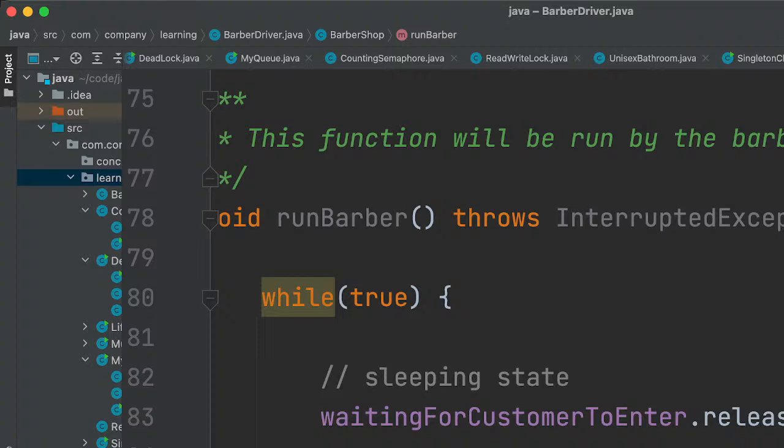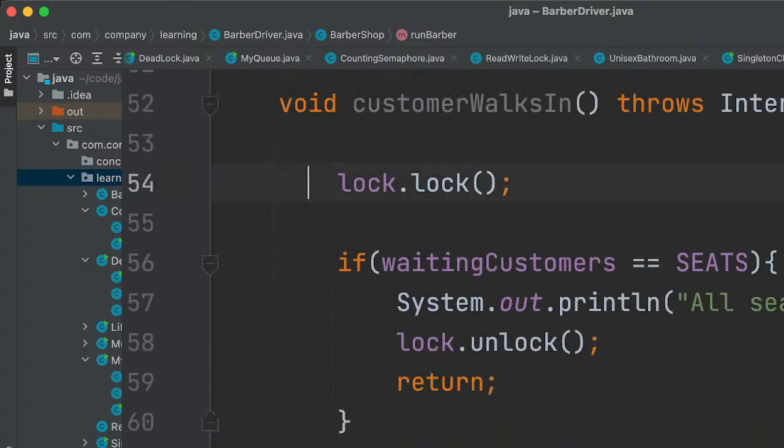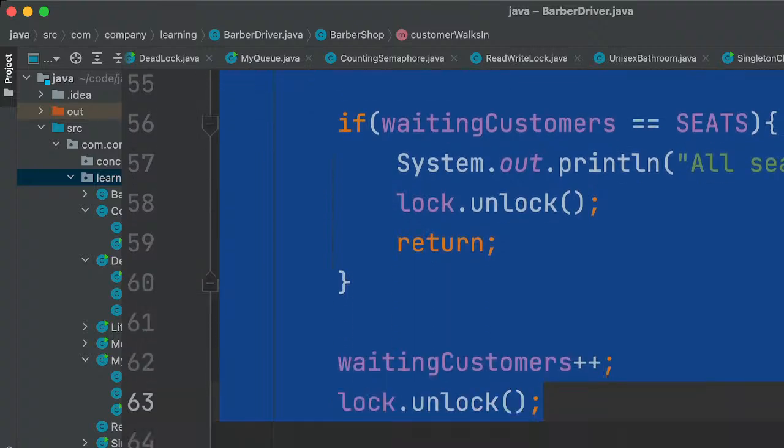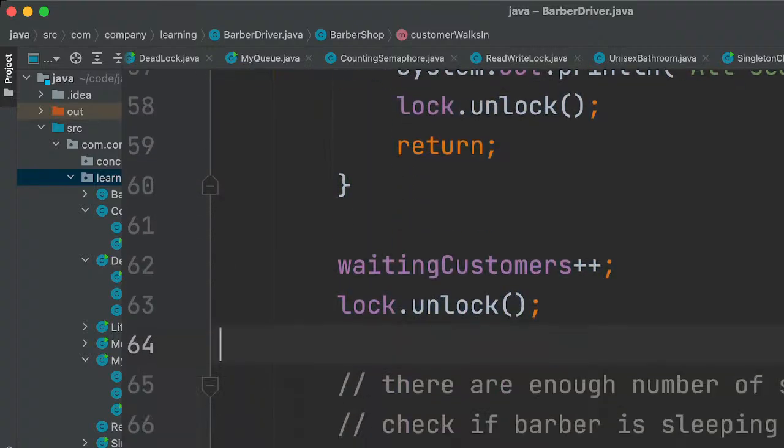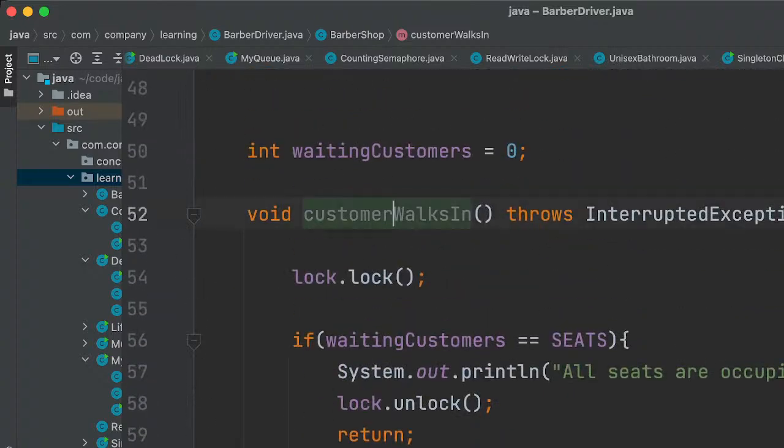The other thing here is only one customer; this part will be handling the slot availability, and the other thing that we do have is customer walks in, right?